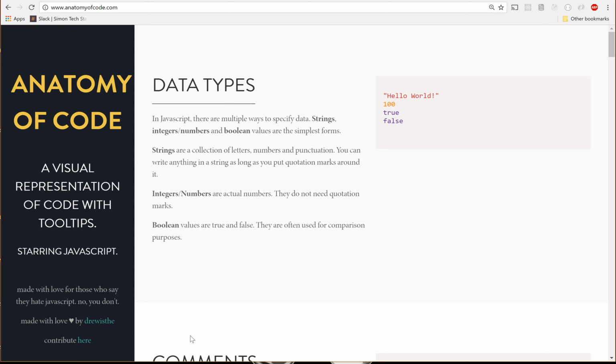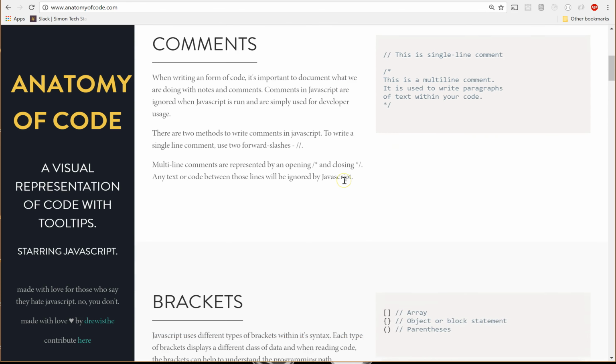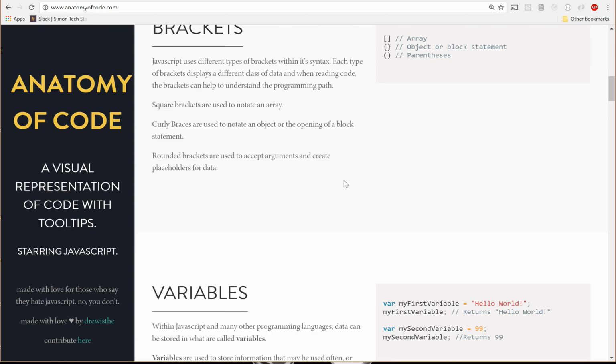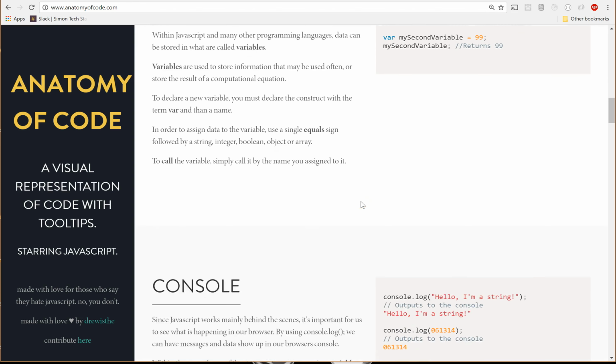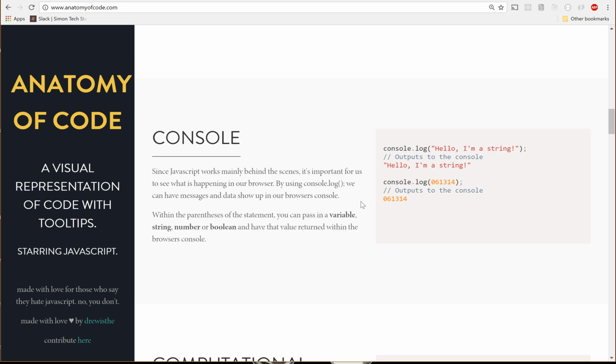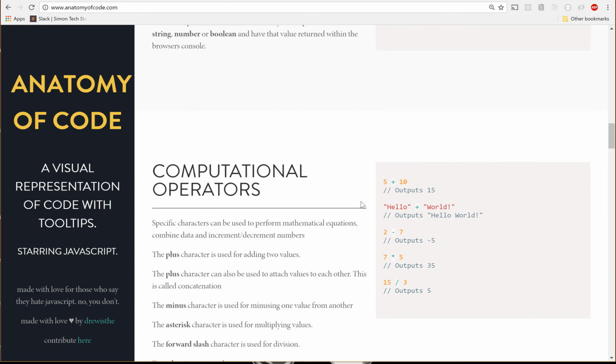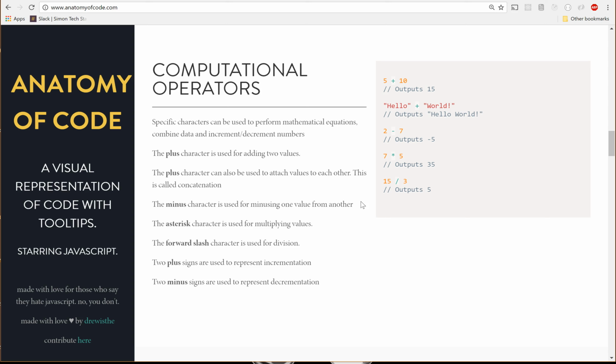If everyone could navigate in their browser to anatomyofcode.com, we're going to go over some of the slides from Anatomy of Code again. Last time we met, we looked at data types, strings, numbers, booleans. We also took a look at how to create comments in JavaScript, how different types of brackets are used in JavaScript, what variables are and how we use them to store data, how the console can be used for debugging purposes within our apps, computational operators that allow us to combine numbers, strings, and other types of data,